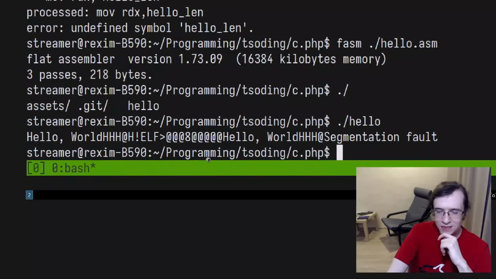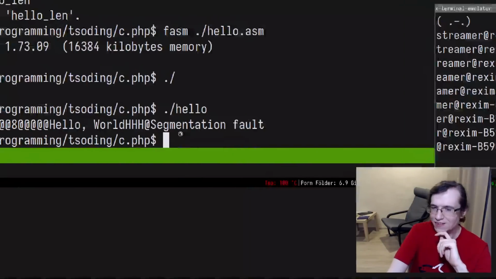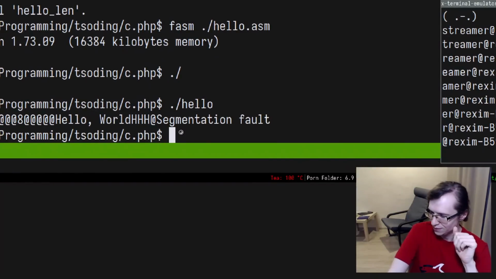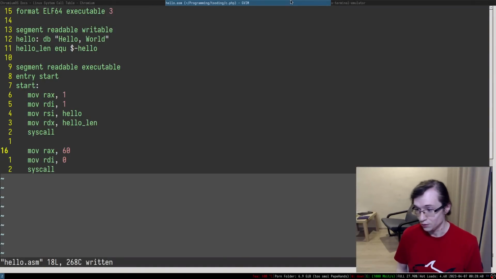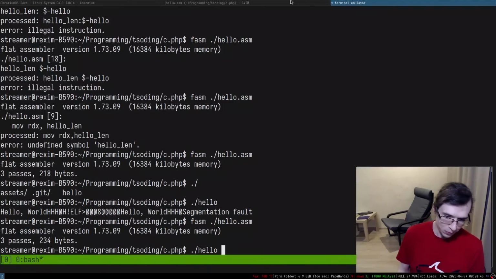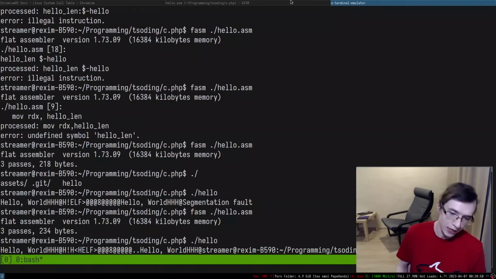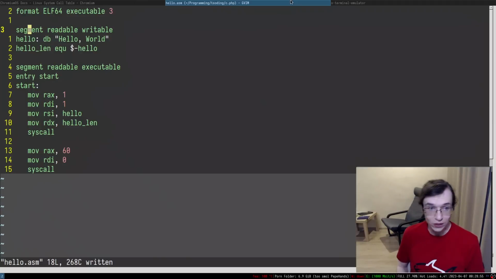Maybe the size of this entire thing is incorrect. But at the end of this entire stuff, it still segfaulted, which is in fact kind of my point. So what you want to do, so it doesn't segfault, is actually call exit. And I'm pretty sure it's still gonna print the garbage. Yeah, it still printed the garbage, but it didn't segfault, which was already pretty cool, isn't it? So the question is, what has happened?